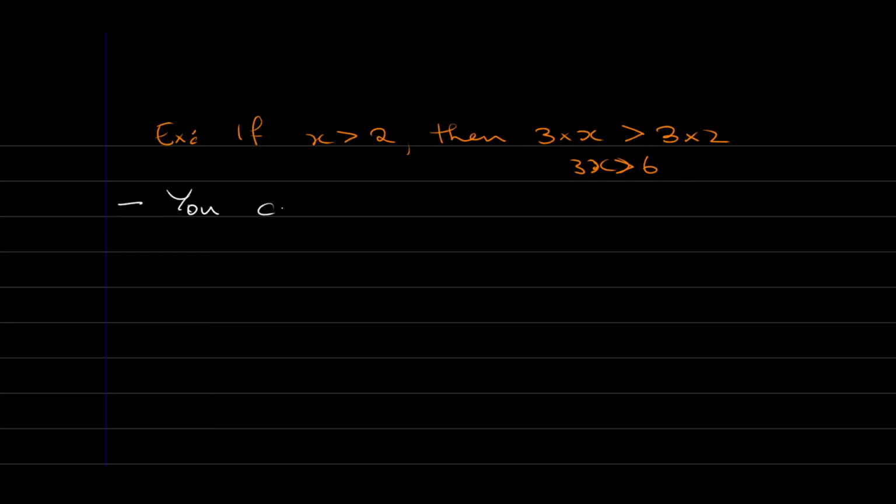Another thing that you can do is that if we have x greater than 2, right? Then if I take 3 and I times it by x, then I can take 2 and times it by 3. We just write it in the same form. So 3 times 2. I can have that, and it still holds that 3x is going to be greater than 6, right? So next rule is that you can multiply